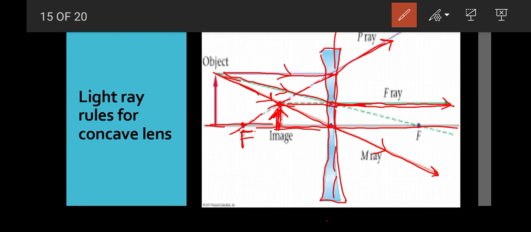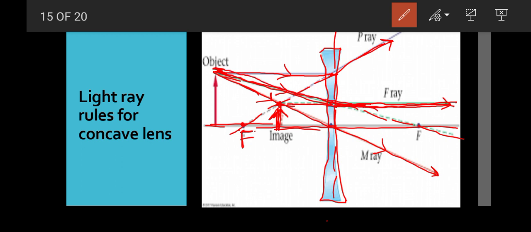You can see that as it is passing like this, after refraction it becomes parallel. If we extend this point, you can see that it is passing from the principal focus. So how do you have to draw it? First of all, you have to take your scale and put it in a manner that it will draw a straight line